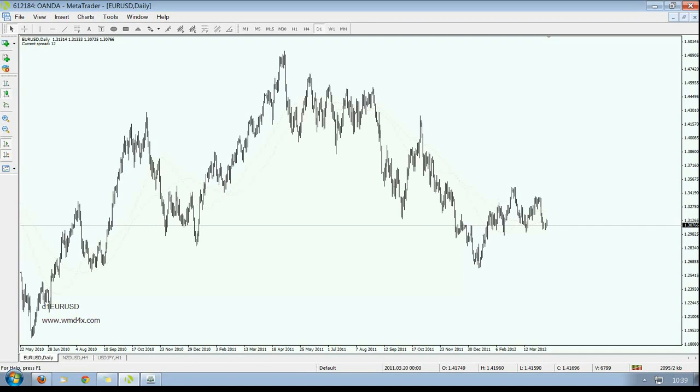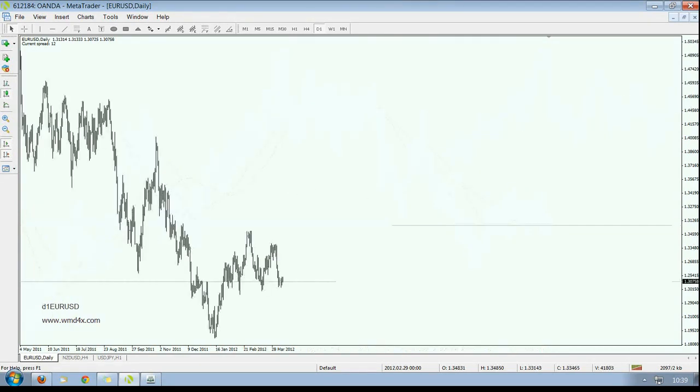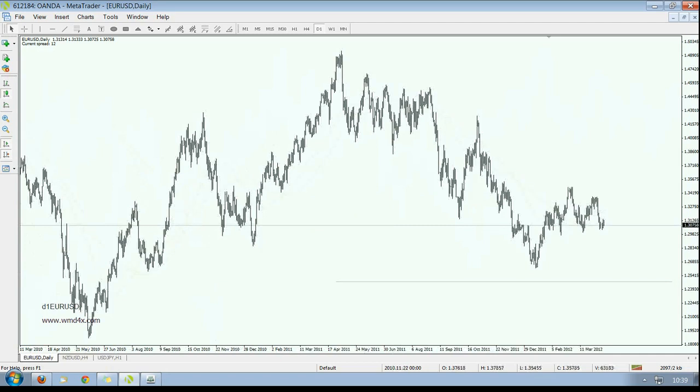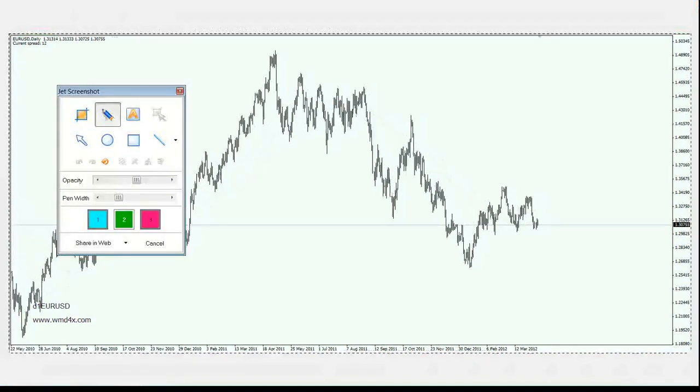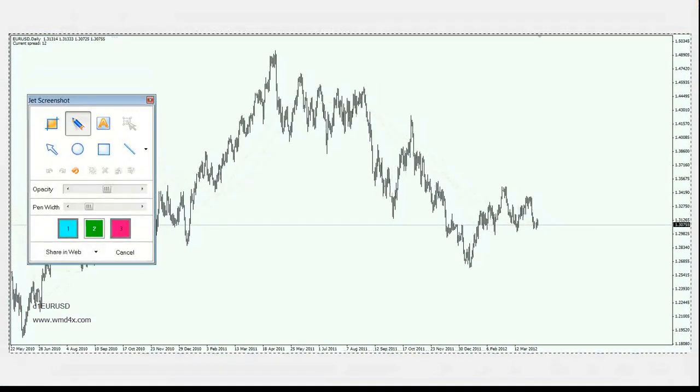I want to look at the Euro USD, and after that I want to look at the Kiwi, and I want to highlight a particular structure which appeared on Euro USD. The structure we're looking at goes all the way back to 2010, 2011. We're looking at the bull wave that took price from around the 28 area up to the 49 area, and we're going to look at the structure inside of that bull wave. So I'm here on the daily chart, and maybe when I draw the lines I might drop down a time frame to show you some of the significance, but